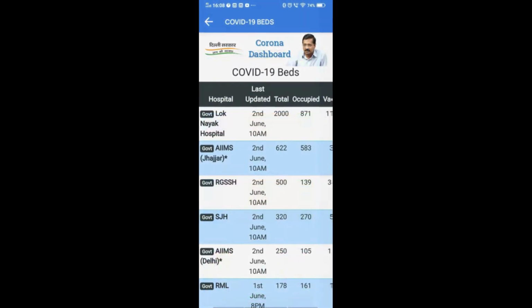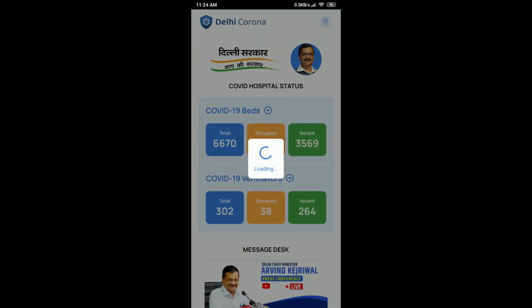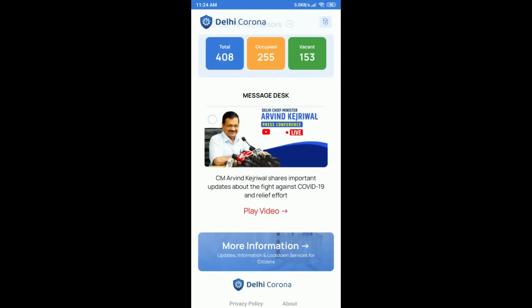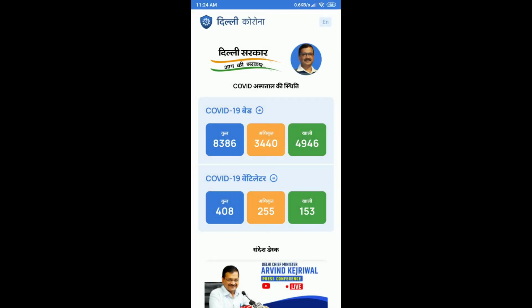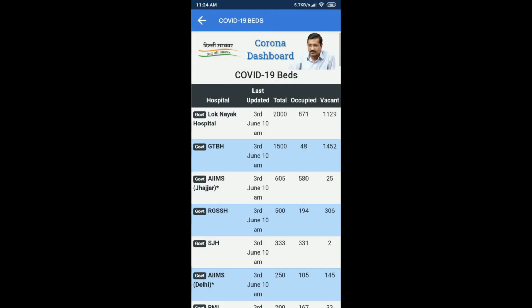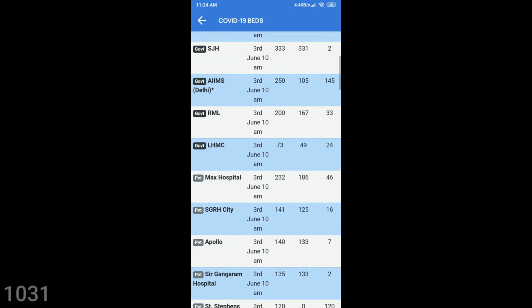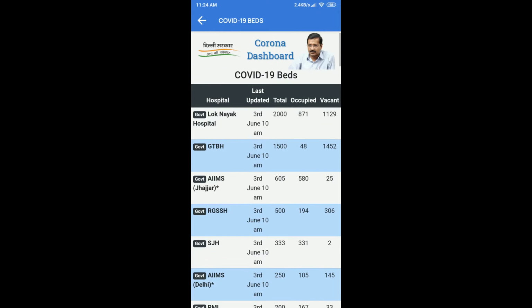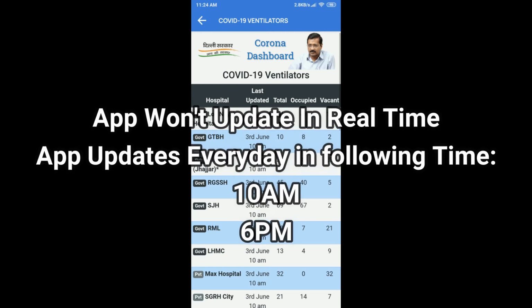So first up, let's talk about the Delhi Corona app. So what this app basically does is it shows you all the numbers of beds and ventilators available in all government and private hospitals located in Delhi. If any hospital rejects to admit a patient, even if there are available beds, then all millennials can call in this particular number on the screen and require authorities will take action against the hospital. So this is the basic work of this app, to show the number of beds and ventilators, all total occupied